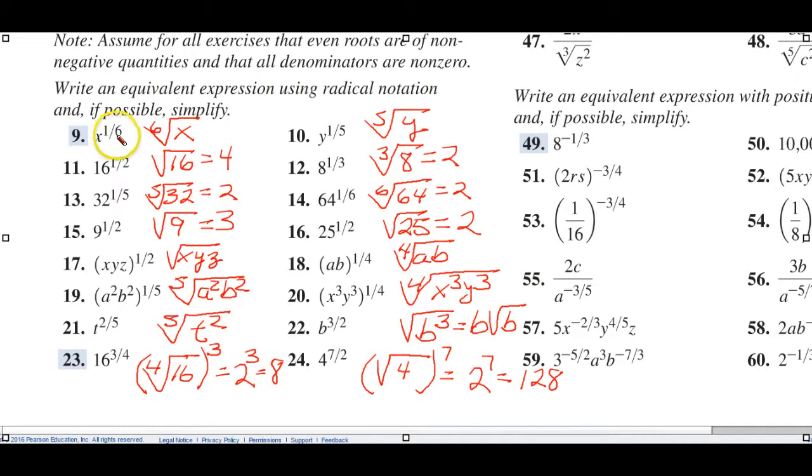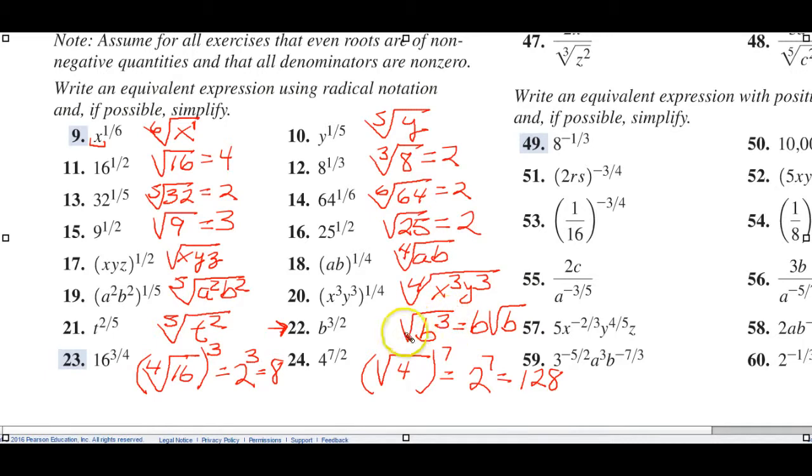Okay, once again, the denominator is the index number. The base becomes the radicand, and the numerator is our exponent that we don't write. So they do ask you to simplify if you can, and you can check out your work. And I thought the tricky one was number 22 here, where it's the square root of b to the third,